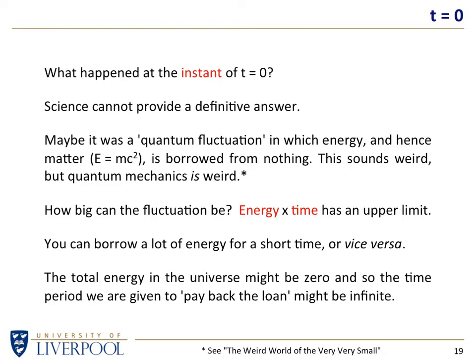Why is that relevant? Well, because it's really weird, but if you look at the total energy of the universe, all of the matter is positive energy, E equals mc squared. All of the gravitational energy in the universe is negative, because as you bring two bodies together, you get a negative energy. They fall together, if you like. And when people have done a very rough estimate of all the positive energy and all the negative energy in the universe and added it all up, what does it come to?